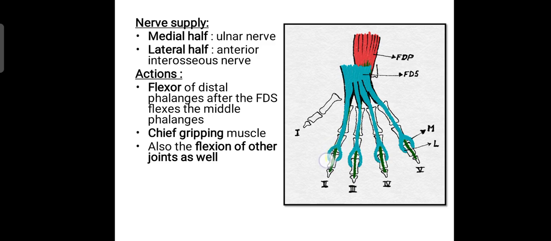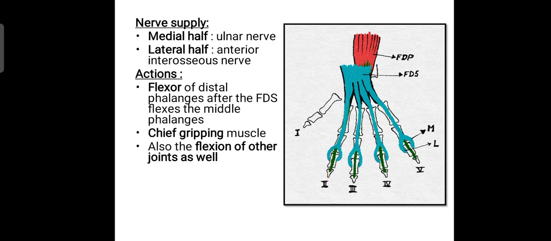There is a medial slip and a lateral slip, and it will get inserted to the middle phalanx, on either side of the middle phalanx. For all the tendons, it is the same criteria: it will divide into a medial slip and a lateral slip and get inserted to the middle phalanx. At that splitting point, you can see a small canal is formed, and you can see the green flexor digitorum profundus tendon penetrating through that and finally getting inserted to the palmar surface of the base of the distal phalanx. This is the actual route of this particular tendon.